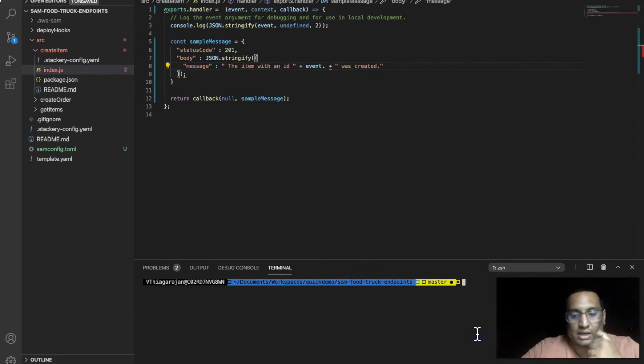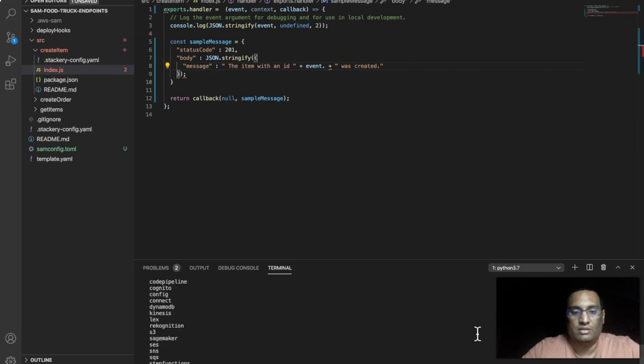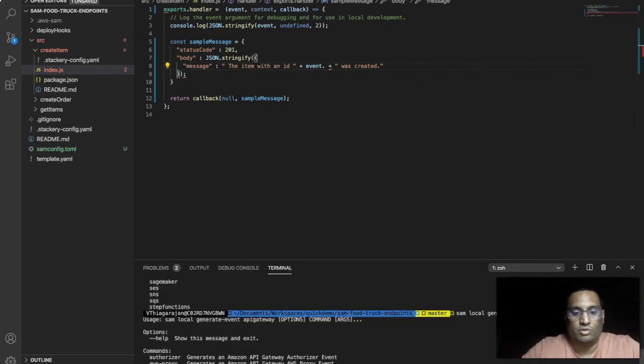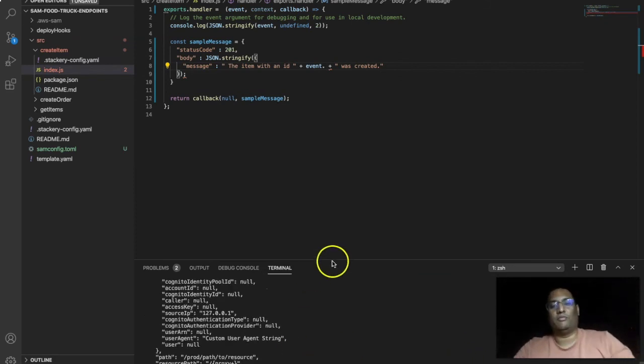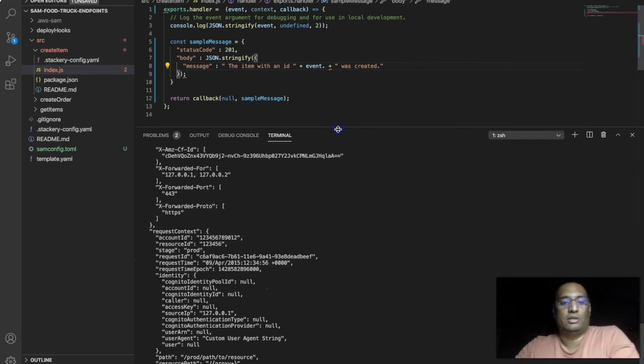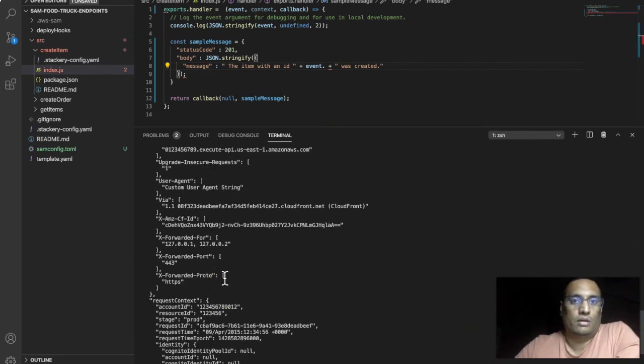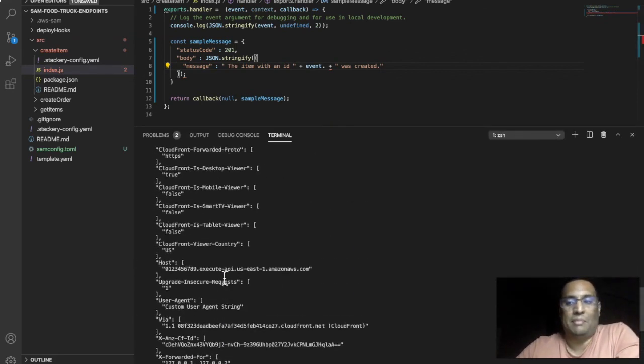If you use the SAM local generate event API, we're going to have this for API Gateway, and it's going to be for AWS proxy. So this will give you a sample message of how it will look when the Lambda function gets it.